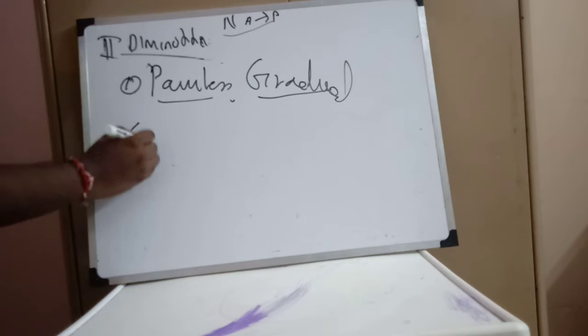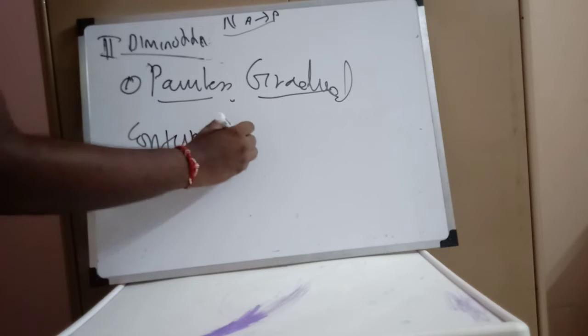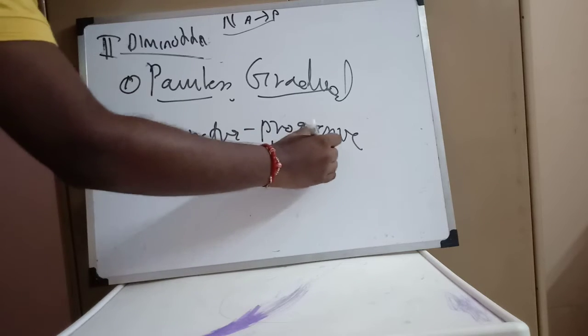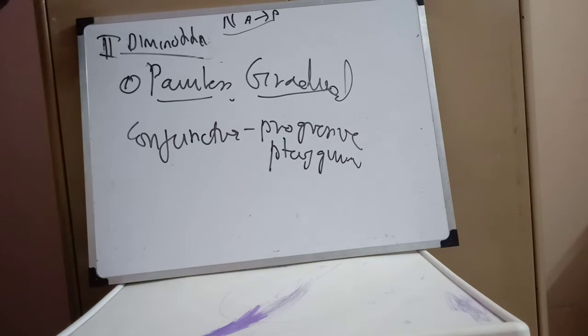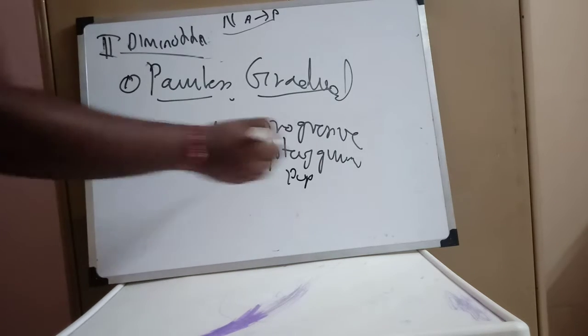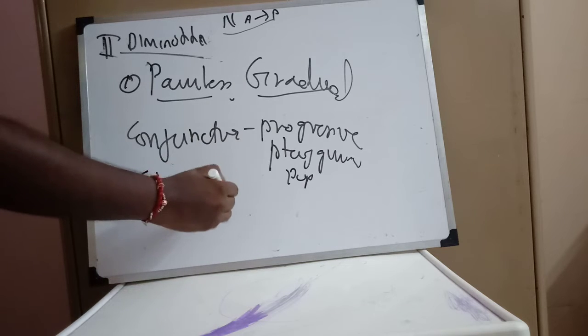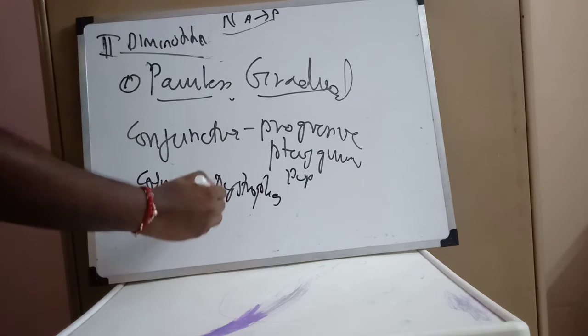The first we'll deal with is conjunctiva. In the conjunctiva, you are going to have progressive pterygium. What is pterygium? Pterygium is a wing-like expansion of the subconjunctival tissue, which may or may not encroach upon the pupillary area of the cornea, and if it encroaches, it causes distortion of vision. So in conjunctiva, there is going to be progressive pterygium encroaching on the pupillary region. Then you can have cornea. In cornea, gradual conditions, you can have corneal dystrophies and degenerations.